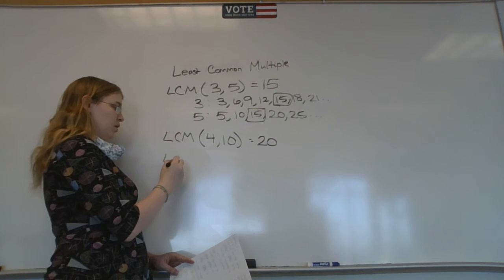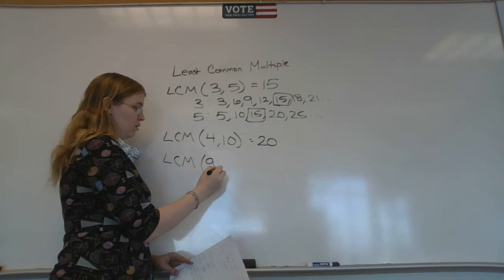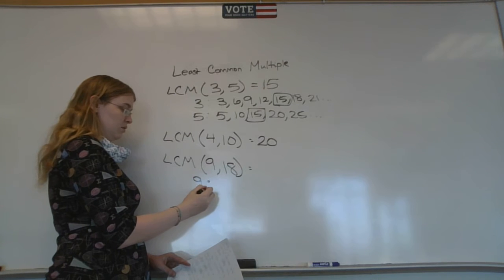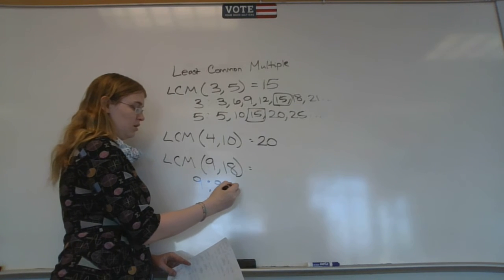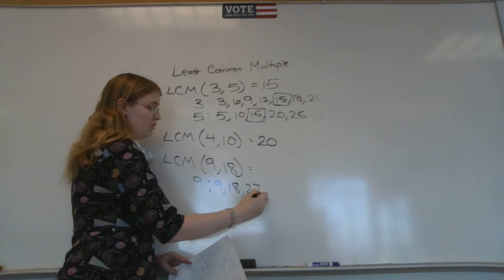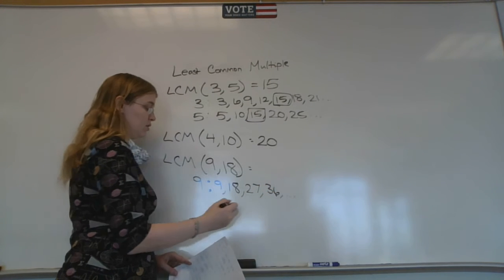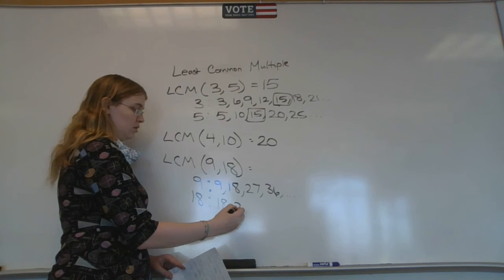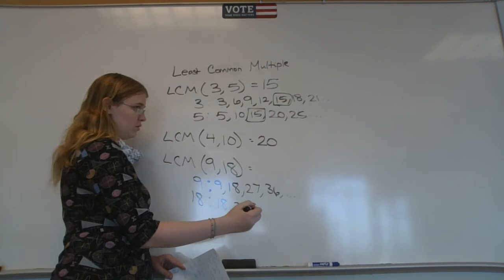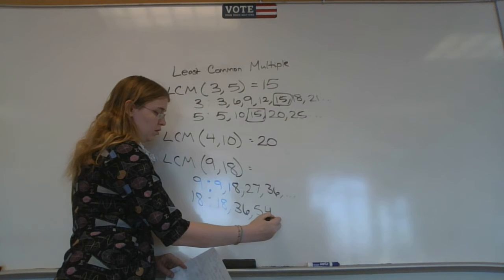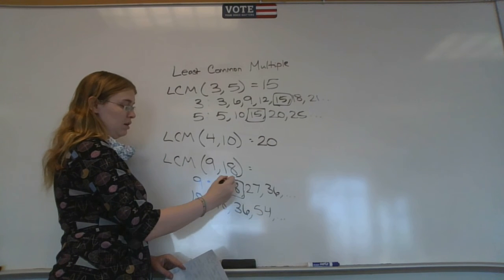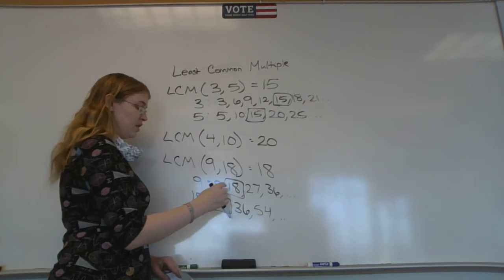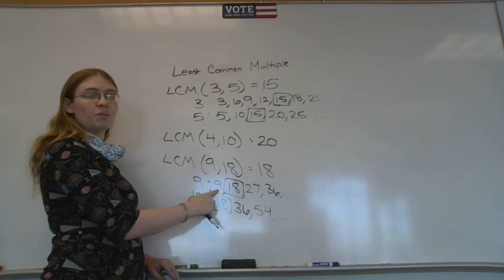Least common multiple of 9 and 18. So for 9, we've got 9, 18, 27, 36. For 18, you've got 18, 36, 54. 18 is the first. That's why it's important that when you're listing the multiples, you start with the number itself,